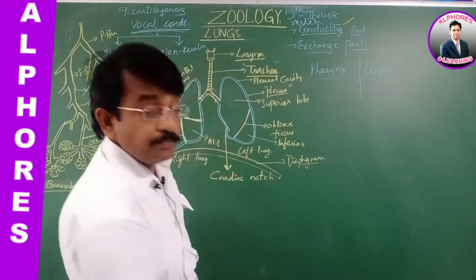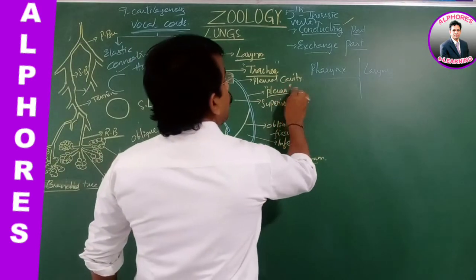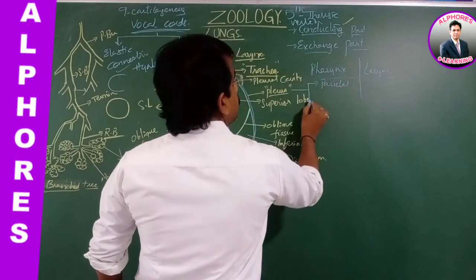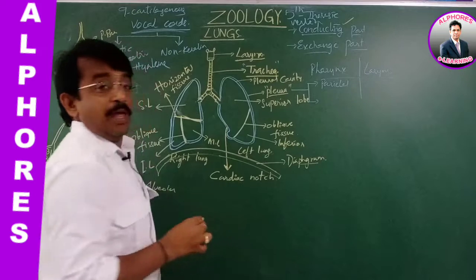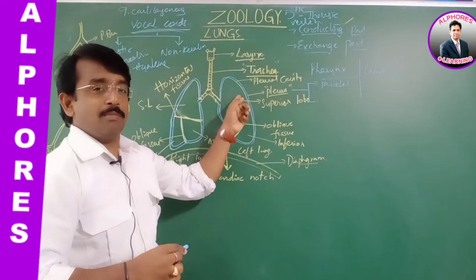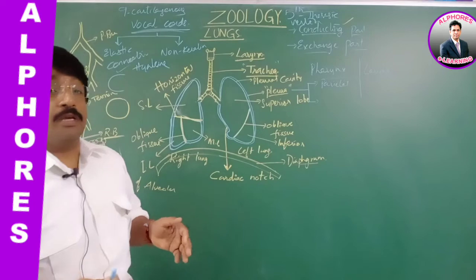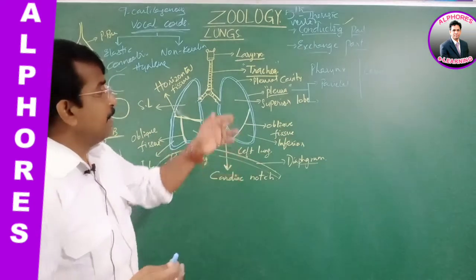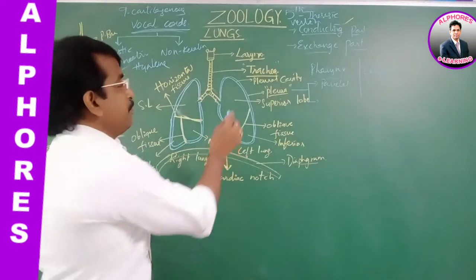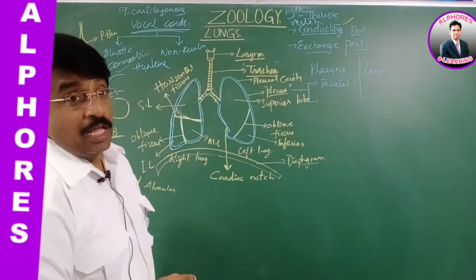That is, lungs are lined by means of pleural membrane or pleura, which is of the outer parietal and inner splanchnic. So outer pleural membrane, inner pleural membrane. Outer pleural membrane touches the thoracic lining. Inner pleural membrane lines the lungs. In between that the fluid is present, what we say is pleural fluid. The pleural fluid